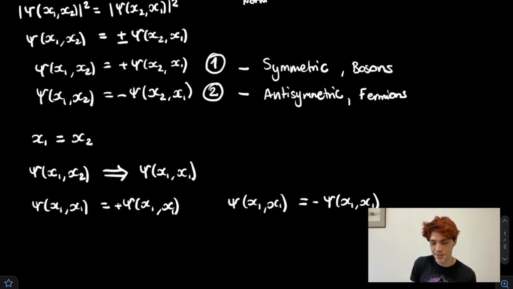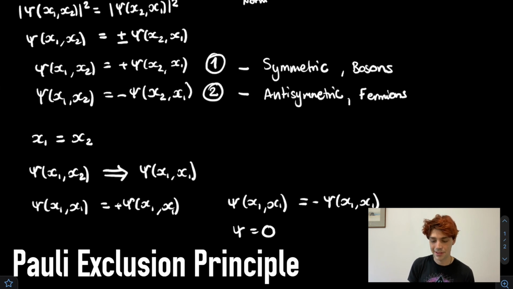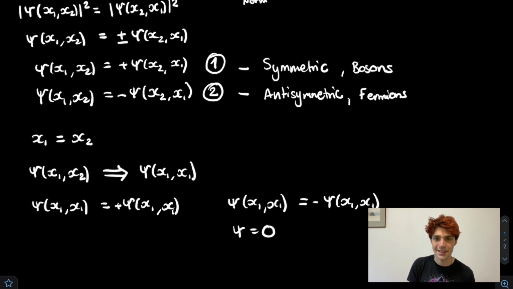So what is the solution to this? Well, the only valid solution for psi is that psi equals 0, because that's the only way that we're going to make this equation work right here. Psi has to be equal to 0. So what does that mean? That basically means that if psi is 0, then the probability is 0 of finding both particles in the exact same position. And this leads to the Pauli exclusion principle. This is what it's saying. It is saying that you cannot put two particles in the exact same position.